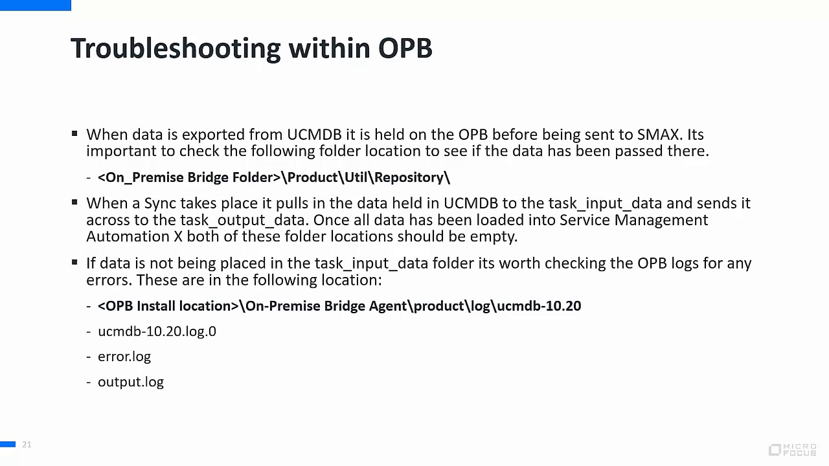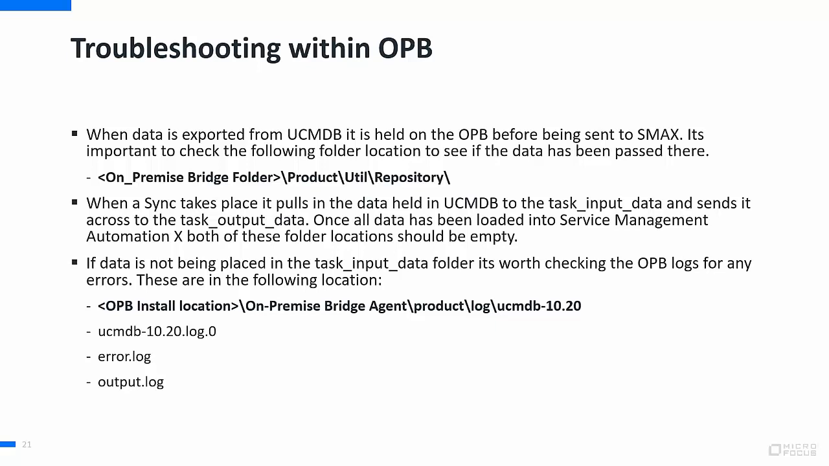When data is exported from UCMDB, it is held on the on-premise bridge, and it's normally passed over in XML data files called chunks. SMAX normally deals with a maximum of 50 chunks in one sync, which can hold X number of CIs. So when you're doing the very first upload and you've got hundreds of thousands of CIs that need to be passed within the actual SQL queries, then it's quite possible that you could find there are 50 XML files placed into that